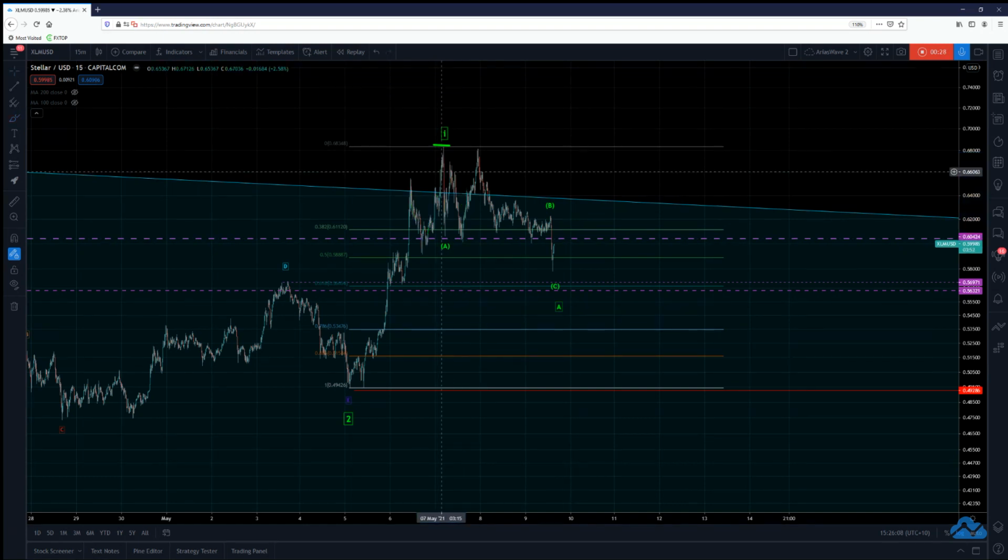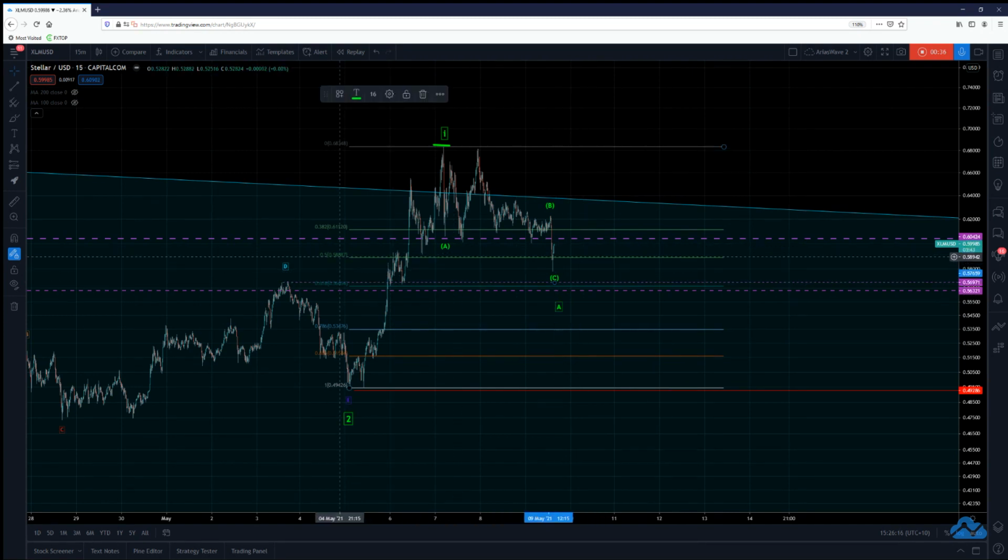So what I can see now, simply put, is basically an A wave correction, which has fallen back to the 50% level. And that's about it, really. It's just the count wasn't right. And this is what happens when